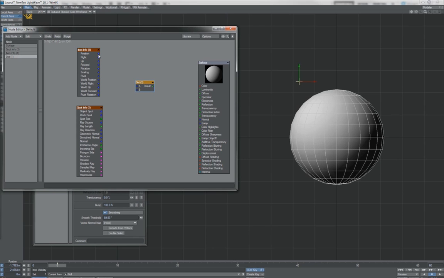So, I've got my vector which represents the position of the null. I'm going to plug that into A. I'm going to take the object spot, and plug that into B. So that's every spot on the surface and the position of this null, and their vectors are currently being compared to one another in a dot product sense. And I'm getting a result out here, which is the cosine of the angle that exists between those two vectors. Cosine is a value between 0 and 1, and that's why the output on the dot product here is a little